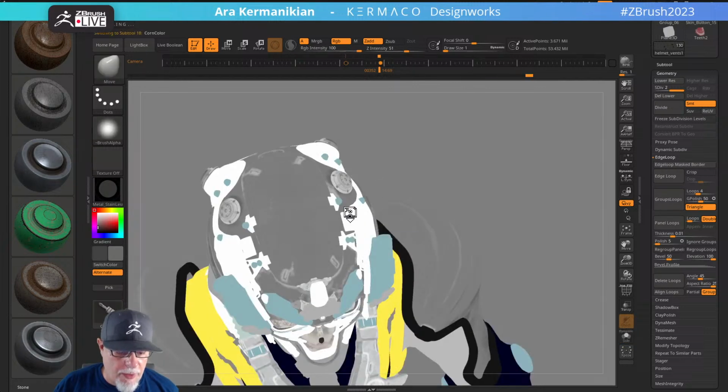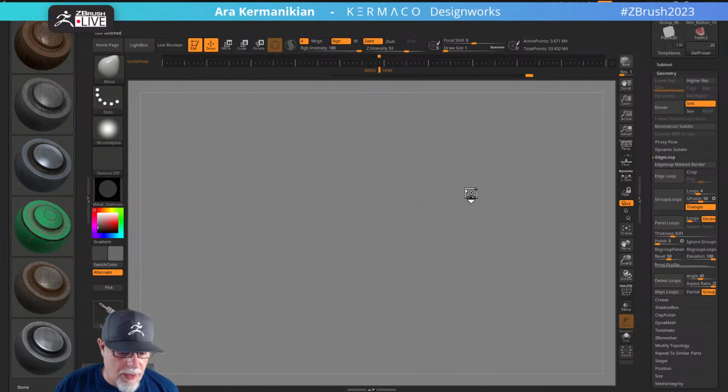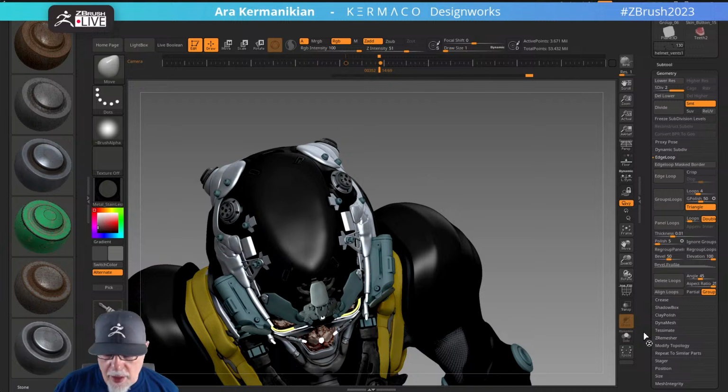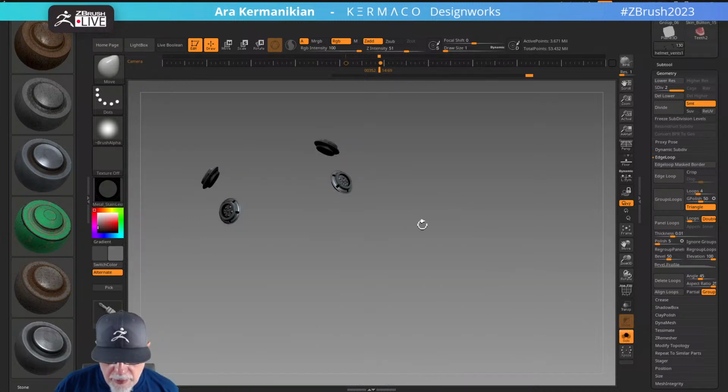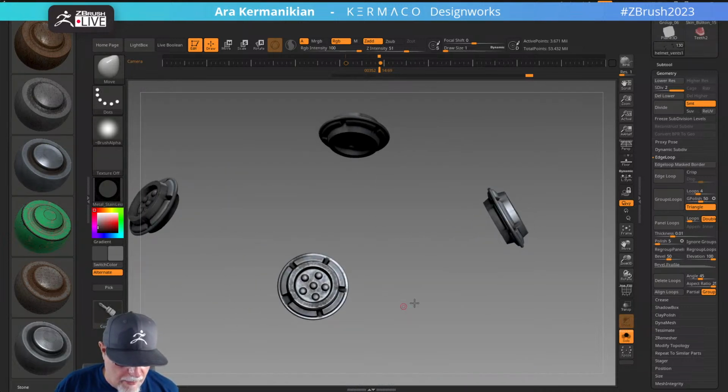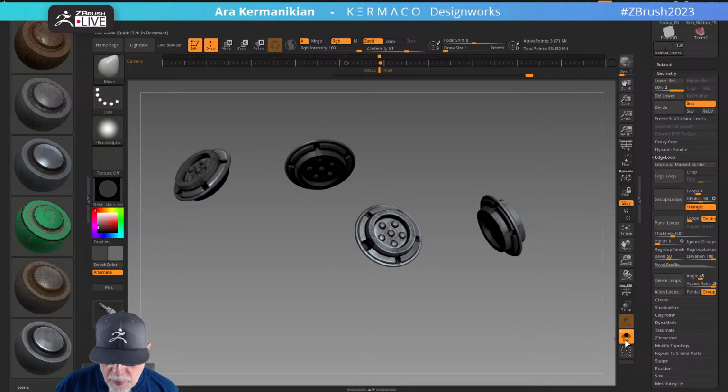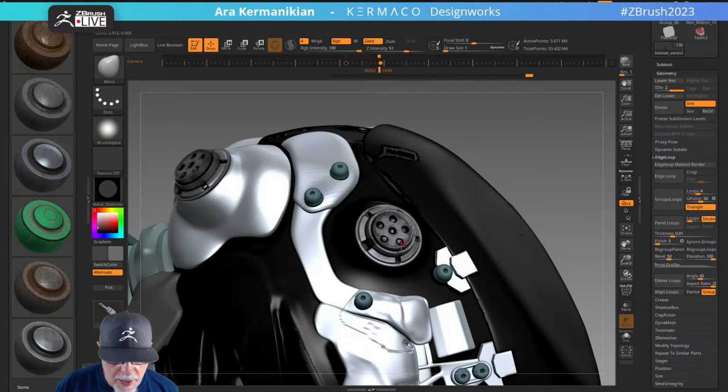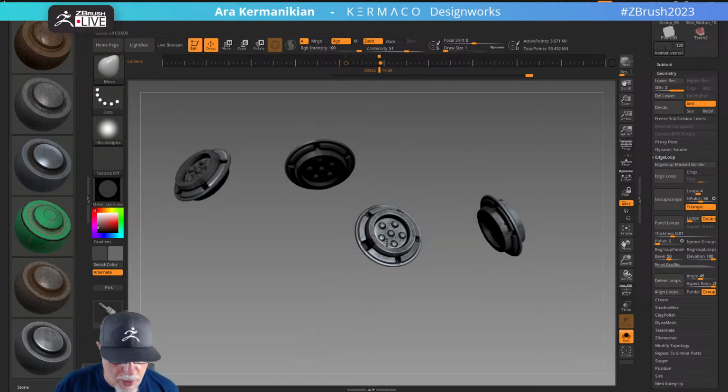I could probably retopo these and have them be less geometry, but it's fine. Okay, and there they are. All right, so now if I solo these out, you can see that they have the same characteristics as the one above them, and I don't want it to be that way, so I need to modify this